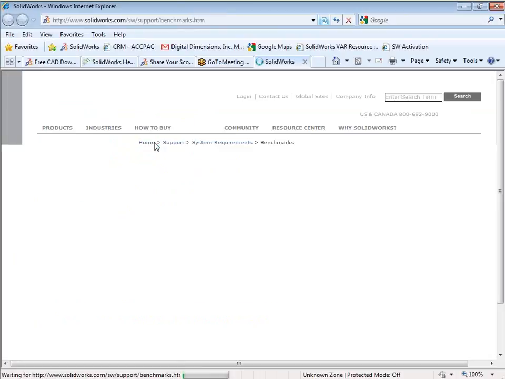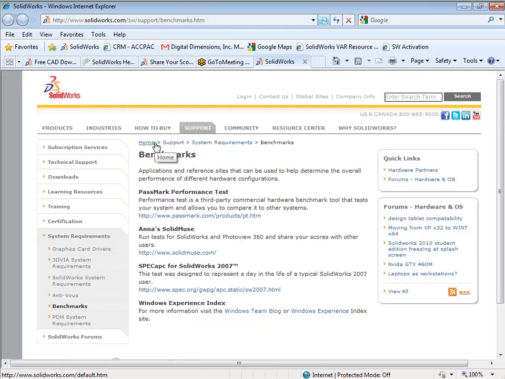The other one is benchmarks. Now, this is something that I think everybody's wanted for a long time, some type of benchmarks. And I gotta say, it's a good first step, but it's not exactly what you might think it is. When I click that link, it takes me to the solidworks.com/benchmarks page, and you see there's a PassMark performance test, SolidMuse spec, some of these other different tests and things that give you some sort of an indication of what's going on,